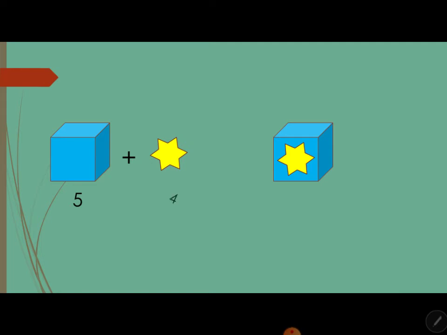I will give you a simple example to explain it further. Suppose you have a wooden block like this and you want to decorate it with stickers. You want to put one sticker on one side of the block like this. Now suppose you have started with 5 wooden blocks and 4 stickers. You can easily calculate that you can decorate only 4 wooden blocks and 1 wooden block will be left undecorated.